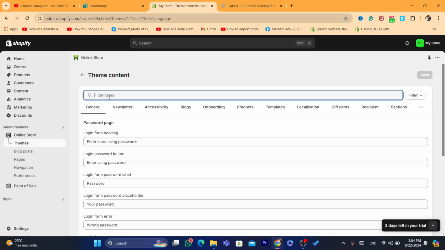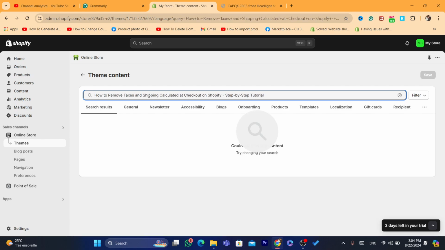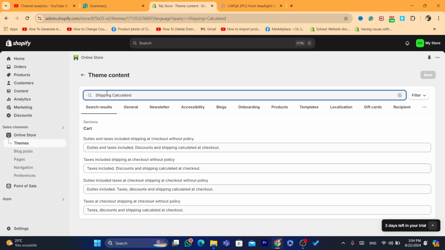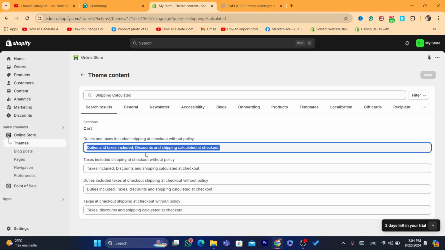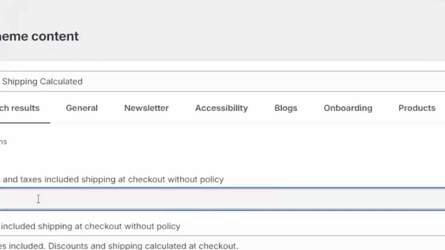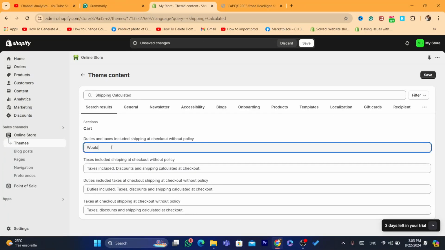Now here you want to search for shipping calculated. Just search for it here. After that you will see what your buyers see on the product page when they are trying to purchase the item from you. Now, duties and taxes included, shipping at checkout without policy. You want to just enter here worldwide, or whatever you want to enter here. I'm going to enter, for example, worldwide